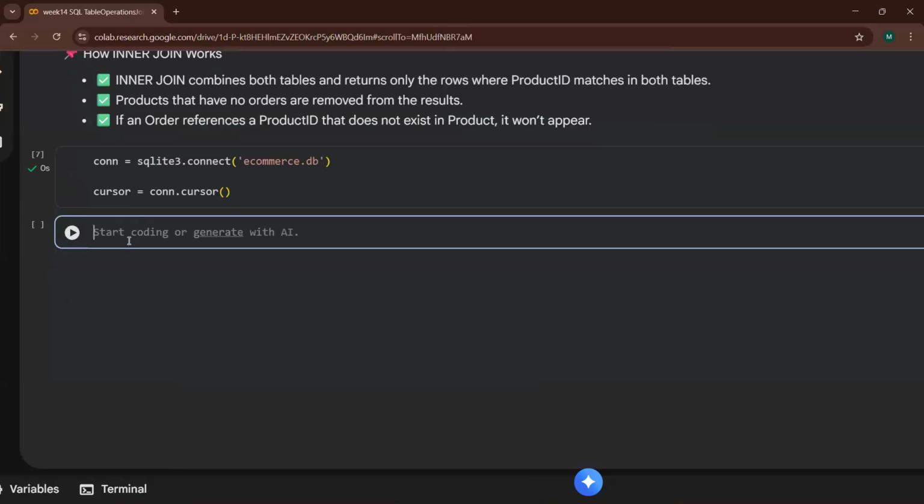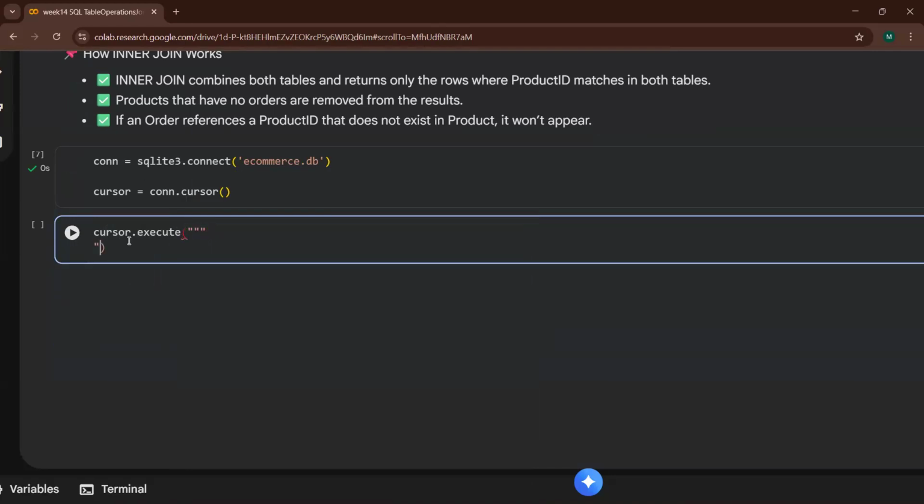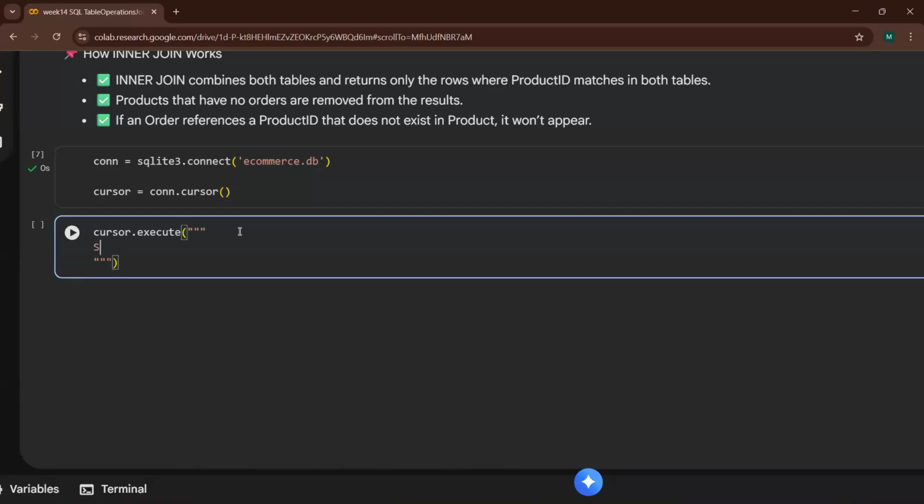Connection established. Now I have to put the inner join. What I will do is cursor dot execute, triple quotes. Inside that, what I am going to do,